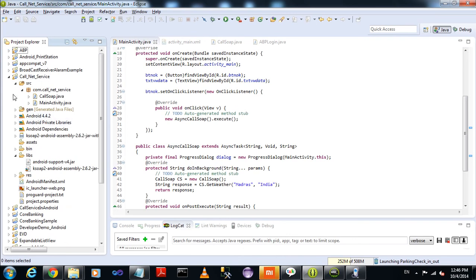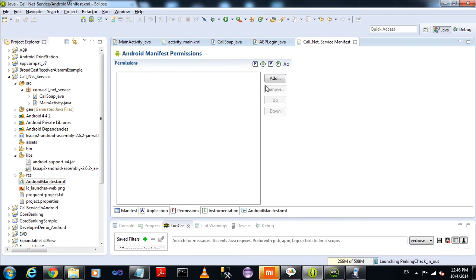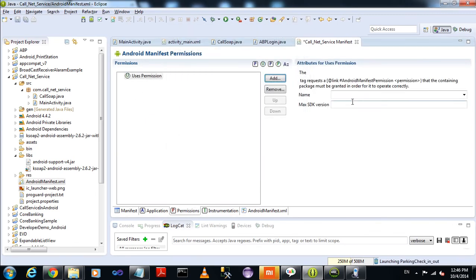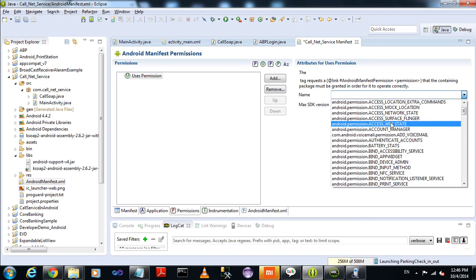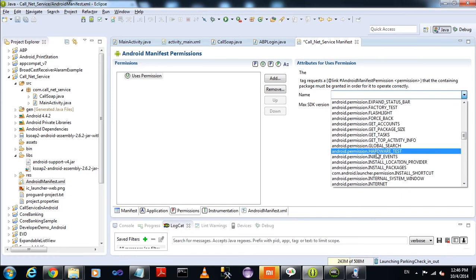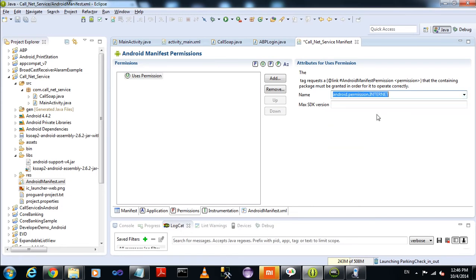Now my project name is callnetservice. Just go to the manifest file and add the permissions, because I need to work with the internet, so I need to allow internet access and network access. So add the Android permission INTERNET and another for network access.